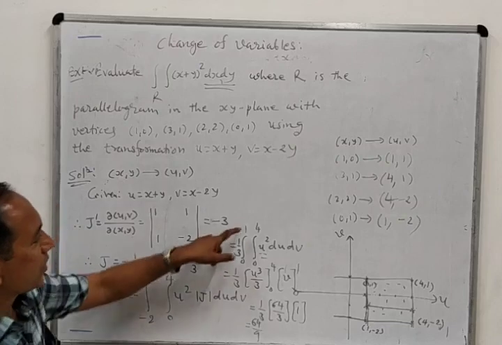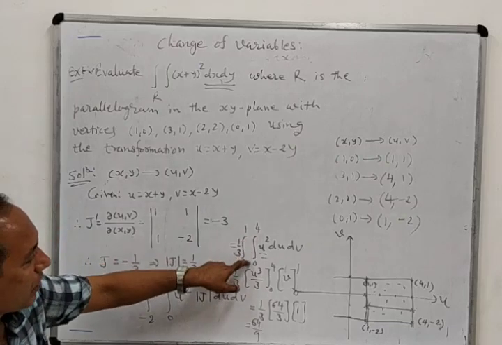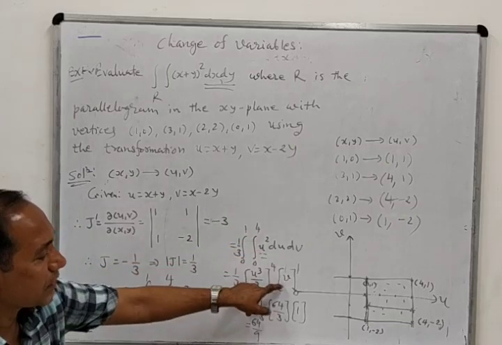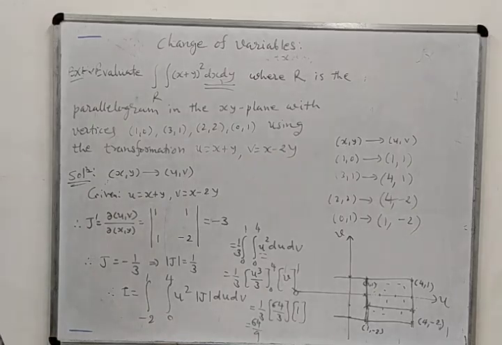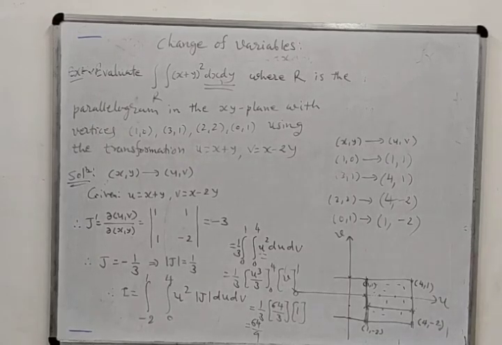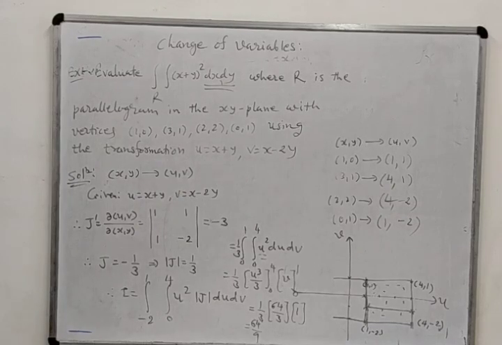But if these are variable limits, then you cannot do this in a single form. Then you will have to follow the process one by one. So here again you can see the concept of change of variables. That means we have converted the variables x and y into u and v. So you write down this solution.